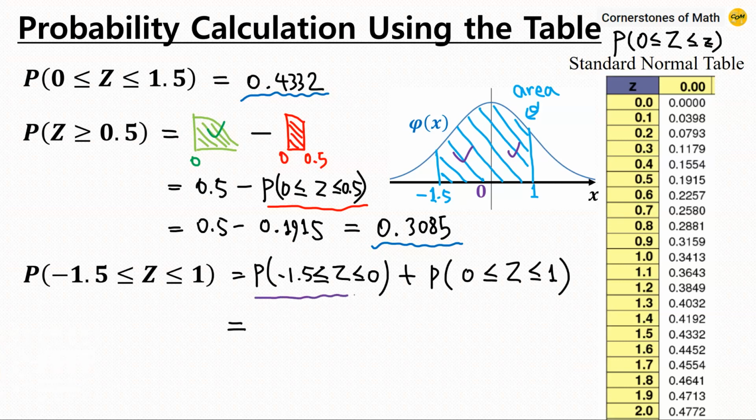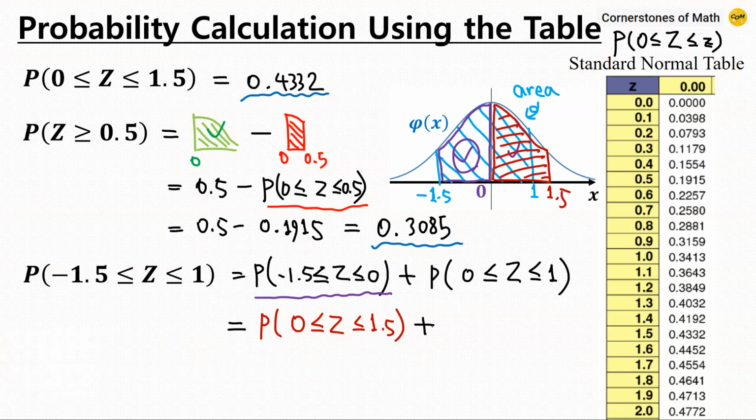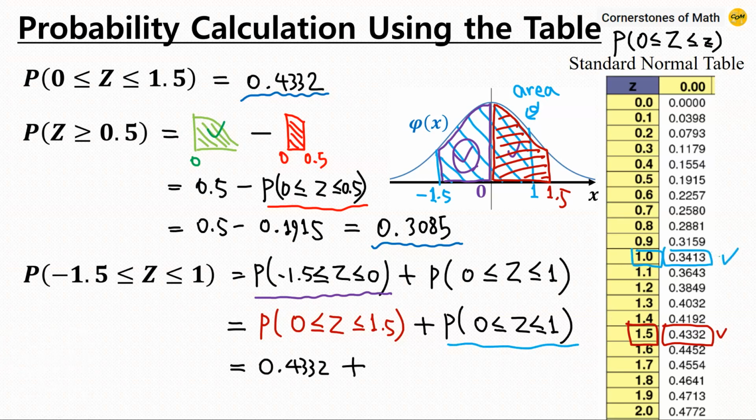Here, this probability, which is the area of this region, can also be written as the probability of z from 0 to 1.5, which is the area of this region, due to the symmetry of the probability distribution function. Therefore, we have this plus this. So the first term is 0.4332, and the second term is 0.3413. So we have